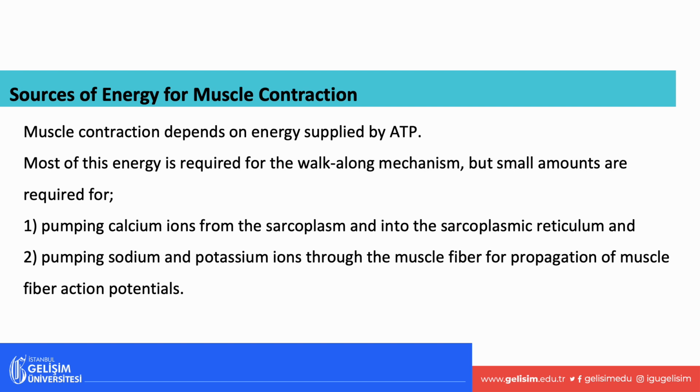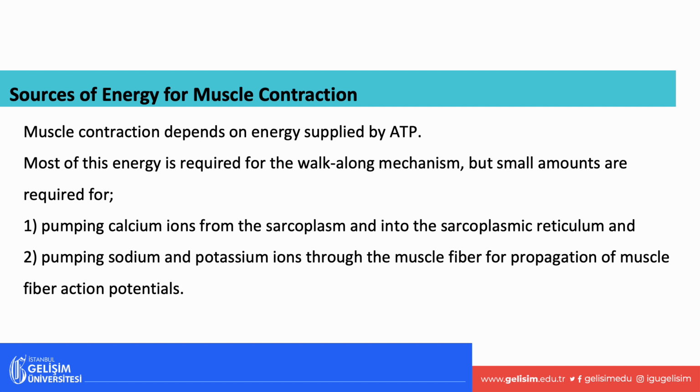Muscle contraction is a complex process that relies on the availability of energy in the form of ATP. The majority of this energy is used in the walk-along mechanism, and this walk-along mechanism allows for the sliding of actin and myosin filaments that leads to muscle contraction. Now, with that said,